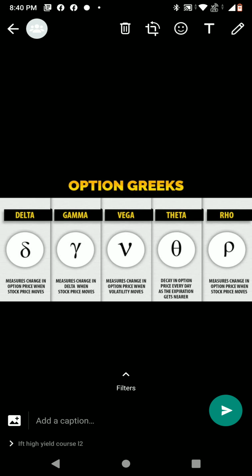But one basic difference between call and put option deltas is that the deltas of in the money put options are comparatively less than the deltas of call options. The reason is that the stock price cannot fall below 0, but the stock price can go from 0 to 1000. That's the reason we have a lower bound. So our deltas are always less for deep in the money put options. Say for example, if a